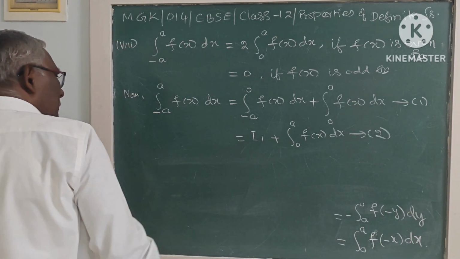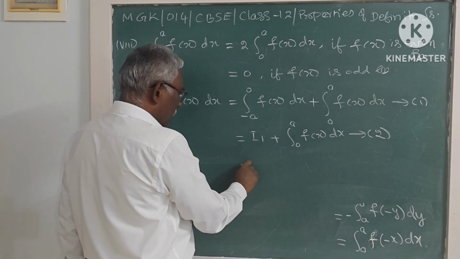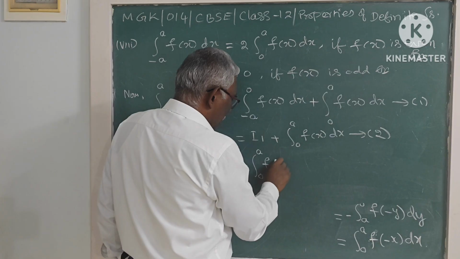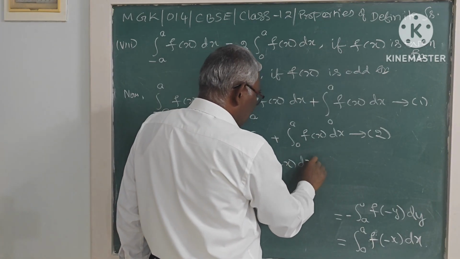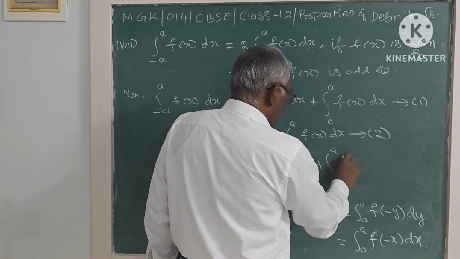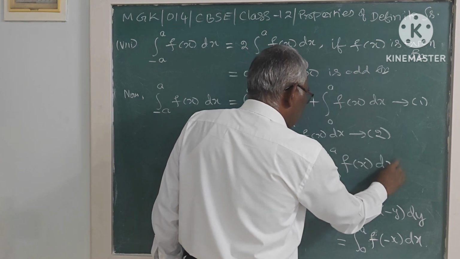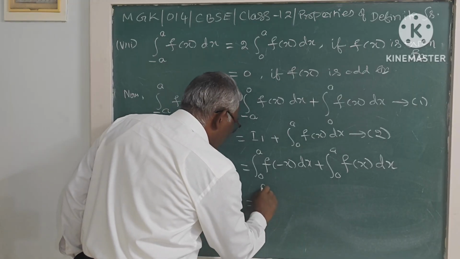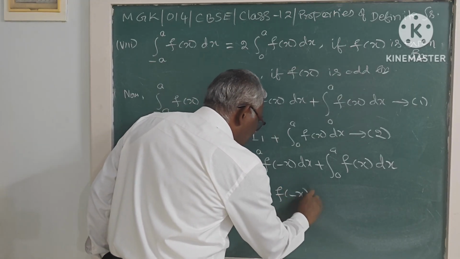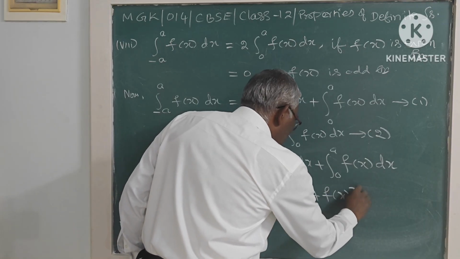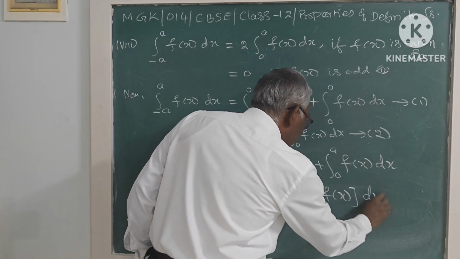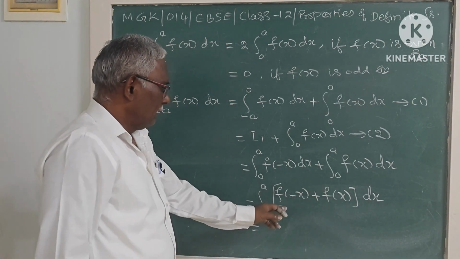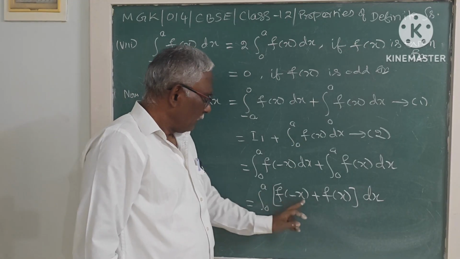Therefore 2 becomes I suffix 1, which is integral 0 to a f of minus x dx plus integral 0 to a f of x dx. Now this is equal to integral 0 to a of f of minus x plus f of x dx. So this is equal to 2 times integral 0 to a f of x dx